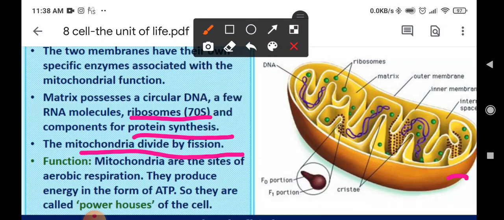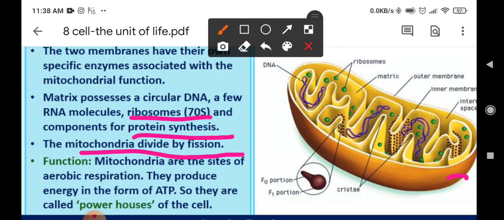So this is all about the structure of mitochondria, and I'm repeating it once again. It is a double membrane structure having an outer and inner membrane. It has infoldings known as cristae. It has ribosomes which are 70S type. A very important thing is that they have their own DNA. Then the infoldings contain F0 F1 particles,